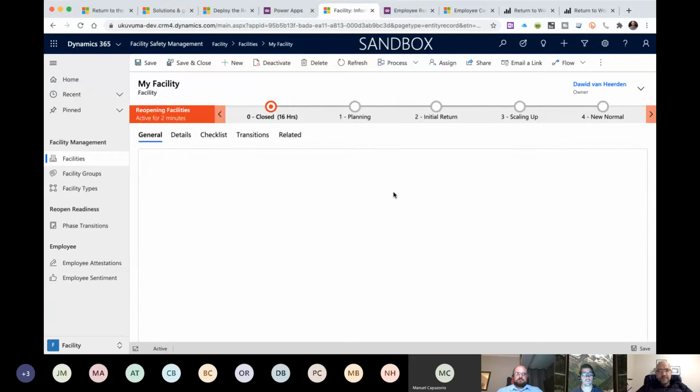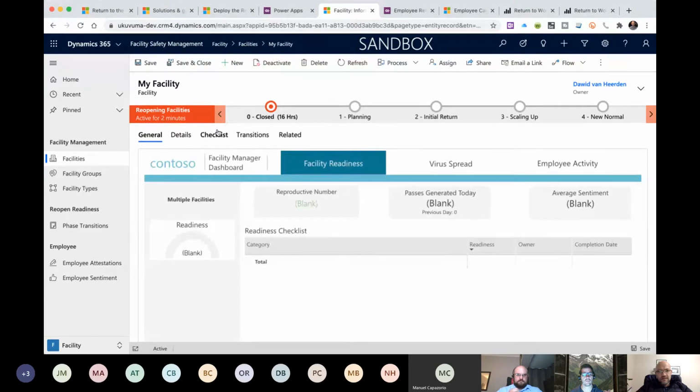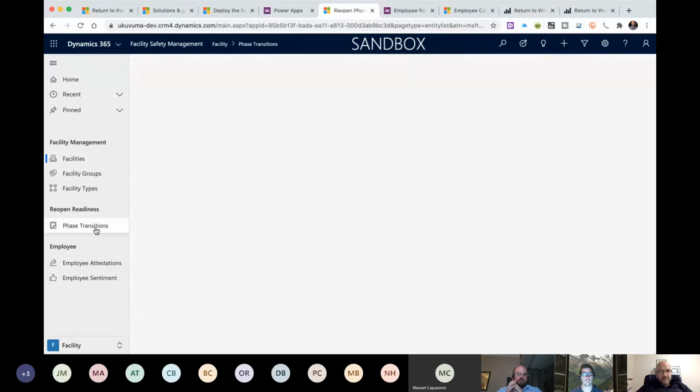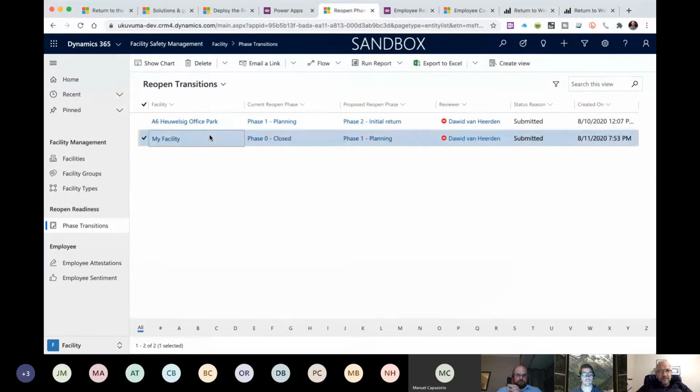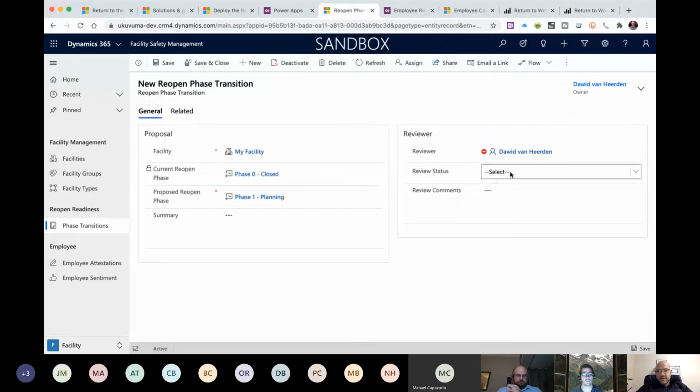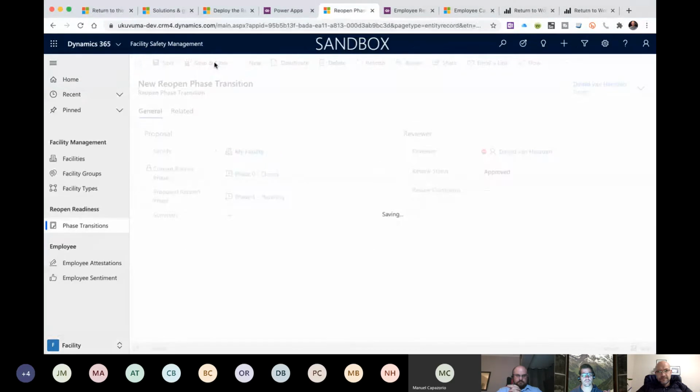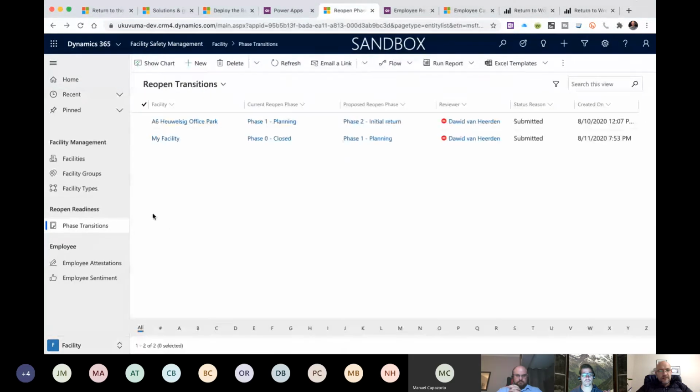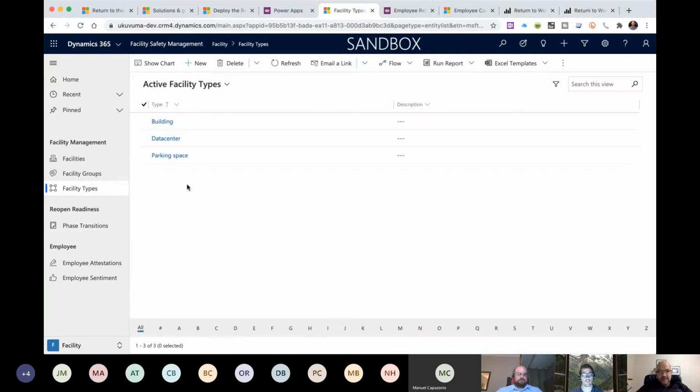And once they do, so that's just going to be for the transition. Right, so they can go and say, well, this is approved. And then there's going to be a workflow or a Power Automate flow that's going to kick off in the back end. That's actually going to progress that facility.